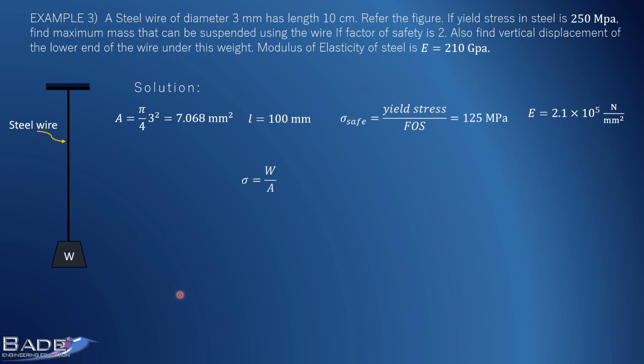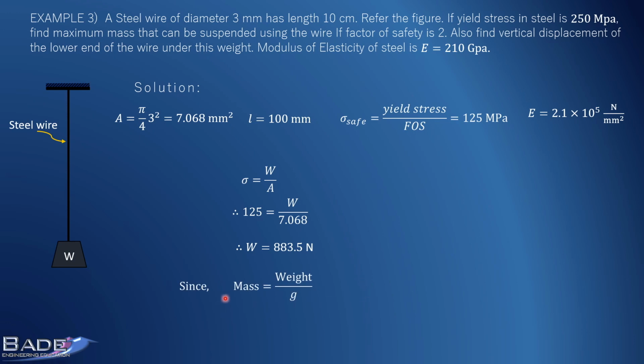Let's proceed. Stress is load on the cross section. So this is axial load for this entire wire. So stress is force upon cross sectional area. Now stress is given. This is safe stress, or this is working stress. So when you use safe stress in this formula, you get safe load. So this is how we have found out safe load. So weight is 883.5 Newton. This is the maximum weight you can suspend here.